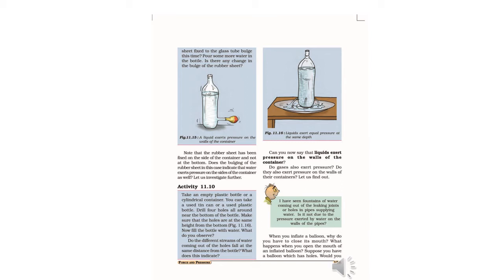Now next, this type of thing you can see in fountains also. You might have seen them in gardens, parks, etc. Some fountains of water come out through leaking joints or holes in pipes supplying water. Sometimes on the roadside also the water pipes are there. When the water comes out like a fountain because of a leakage in the joints, the corporation people will come, cover the leakage and prevent the water from flowing out.